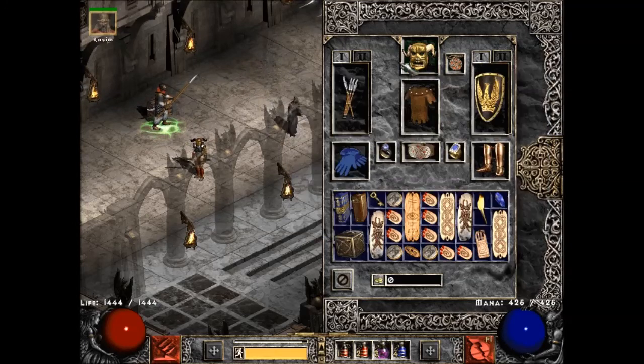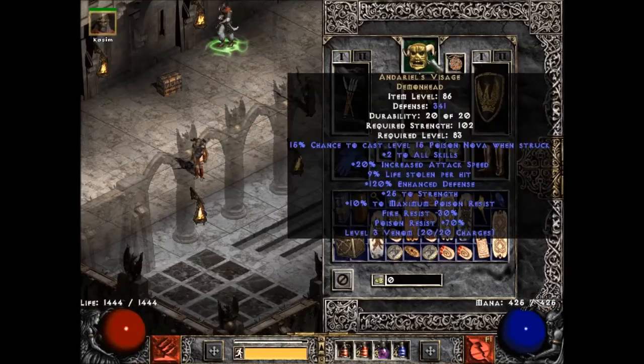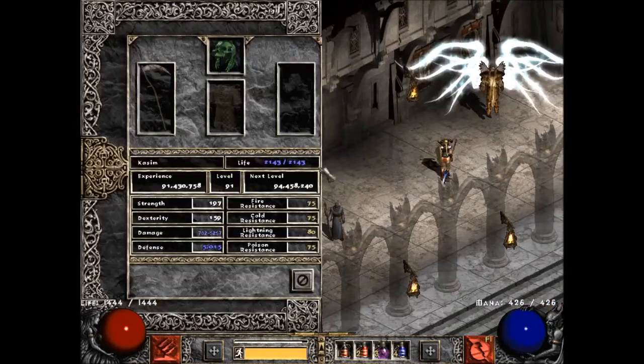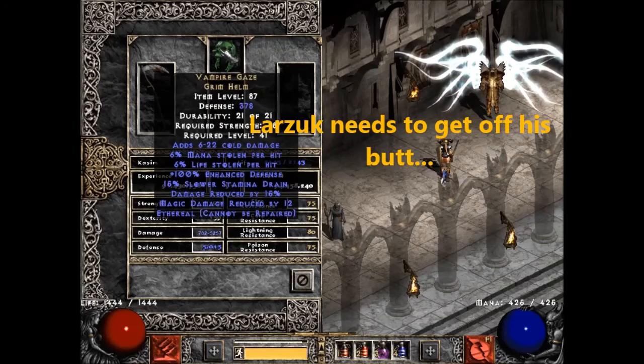Now, I checked the calculator and I need just 11 more. It was either 10 or 11 more attack speed to hit the next breakpoint, and I still need to farm a socket quest for this Andariel's Visage. Oh yeah, and that's another thing. I need a socket quest for this Vampire Gaze. You would either, depending on the breakpoints you're hitting, like if you're using a Treachery or not,